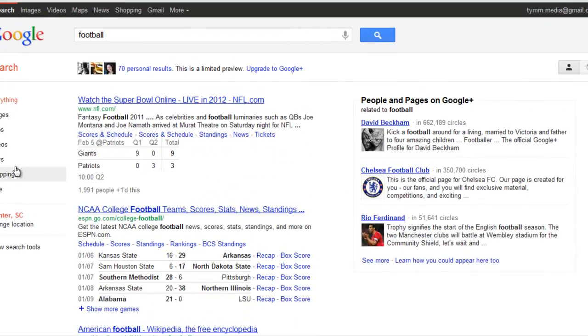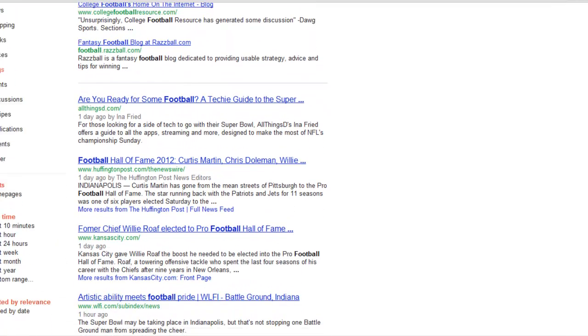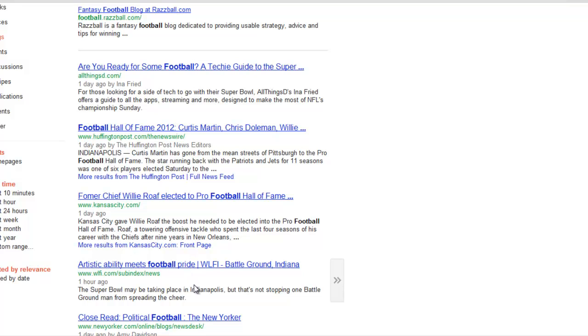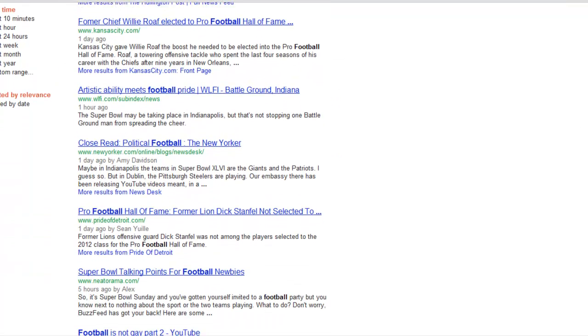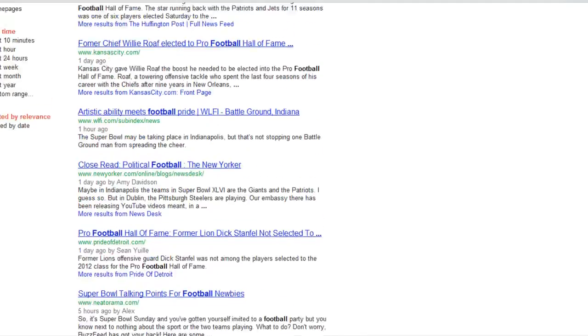But if you go to the side, I don't know if you ever noticed this about Google, but they have this More button. If you click More, there is an area for blogs. So I'm going to click that just to see if anyone's talking about football, which I know they are. And when you click Blogs, it will show you what are supposedly blogs. The Huffington Post definitely is considered a blog. And it'll show you the recent, this is 5 hours ago and 1 day ago. But it really goes in and picks up